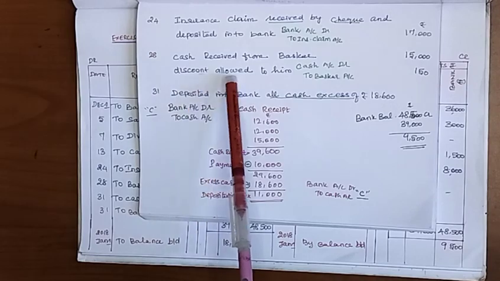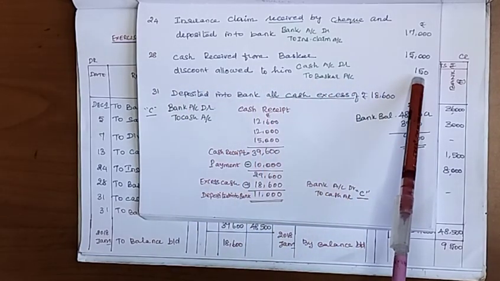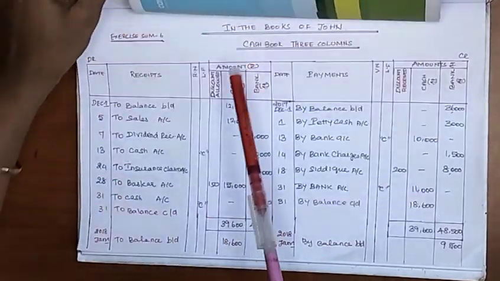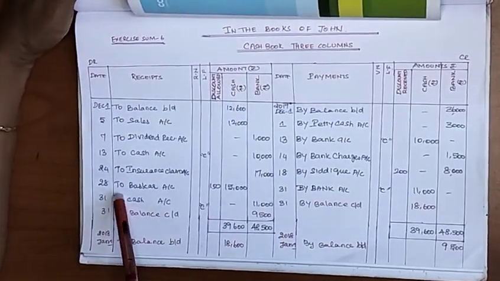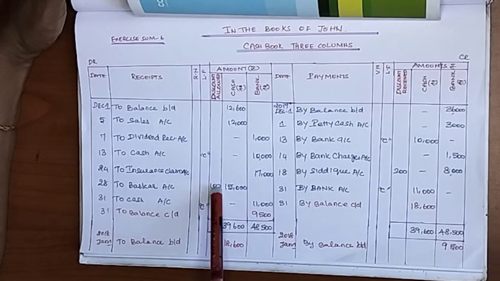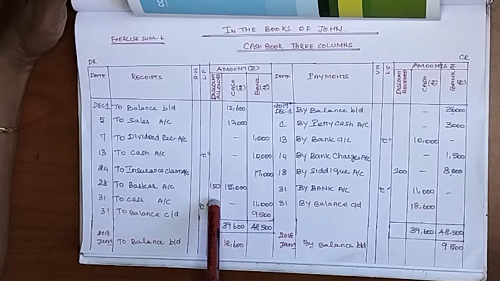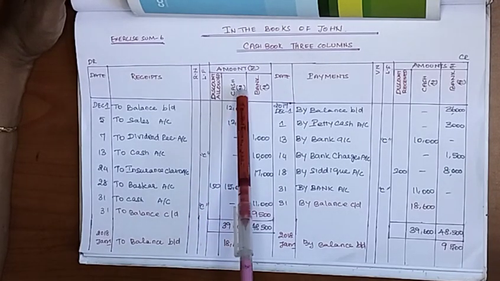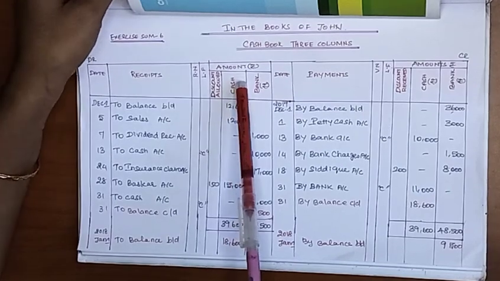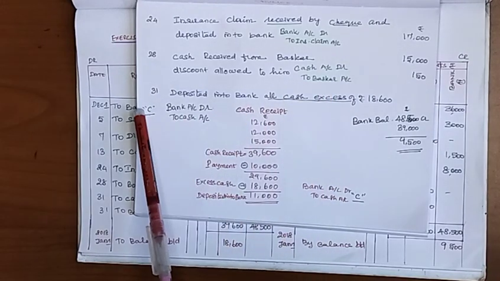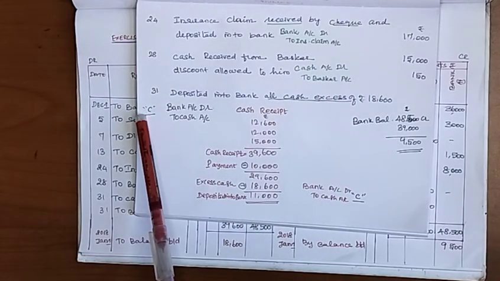So in the discount allowed column you have to enter 150 rupees, and 15,000 rupees on the debit side cash column, because cash account is debtor. The next transaction is